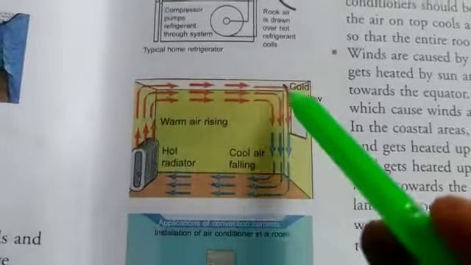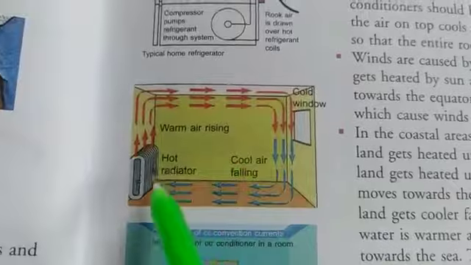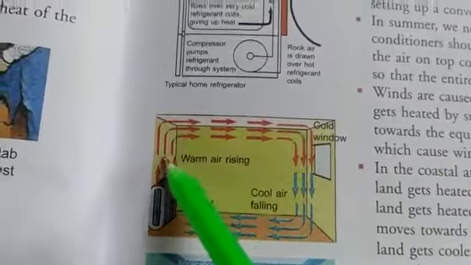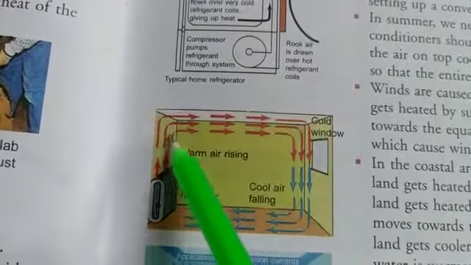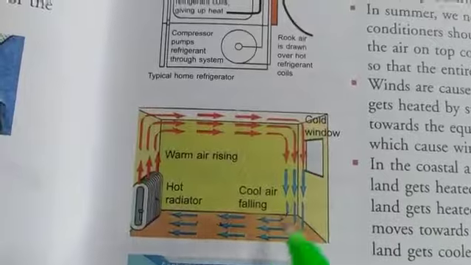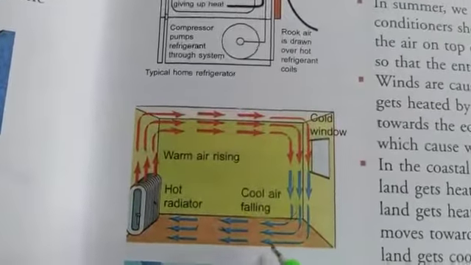They force the cool air to come down and the hot air is rising up, and then we are feeling cool here. So this is how the room heater works. Here also it is moving in one direction, the hot air is rising and the cold air is coming. So this also creates a convection current. You can see the air is moving in one direction, so it creates a convection current.